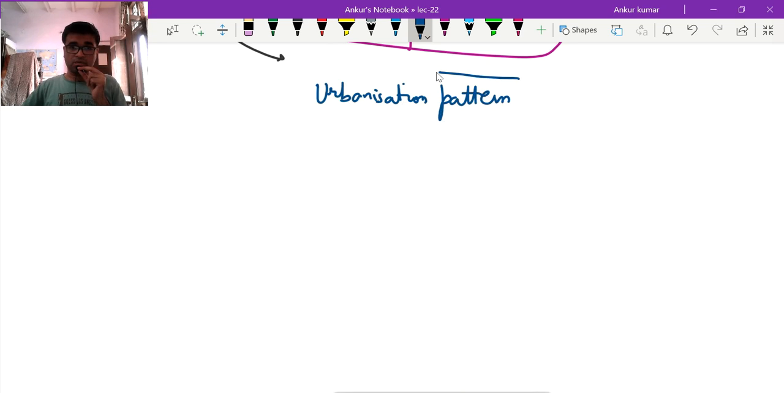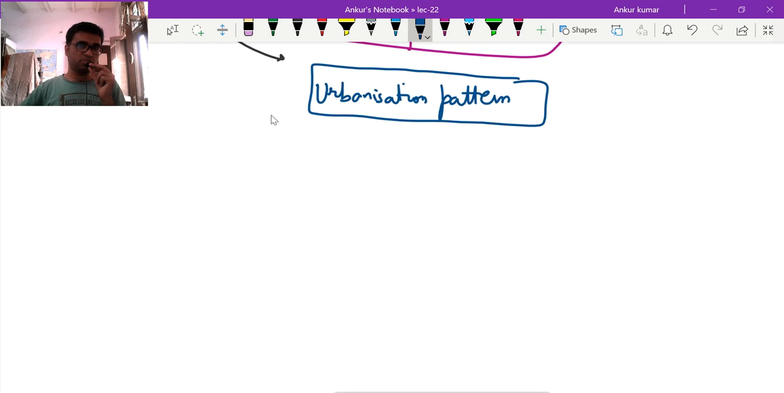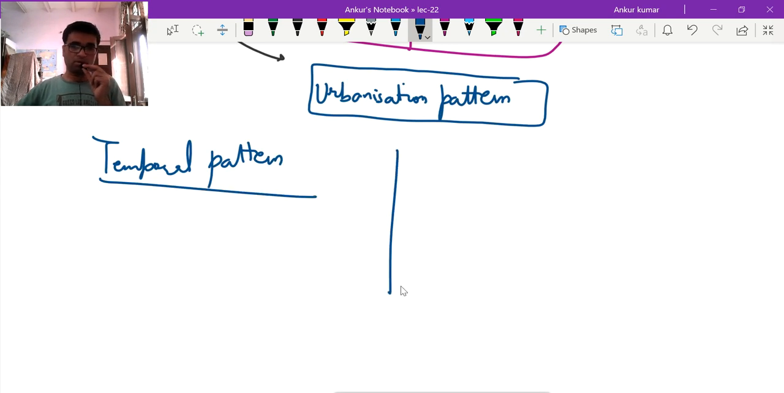Now, the patterns we will study in two sections. Basically, the first is the temporal pattern and the second is the spatial pattern. The first pattern is the temporal pattern, that is, how with time urbanization has proceeded in India. Now it can be depicted with a very simple graph: initially, in 1960, the urbanization in